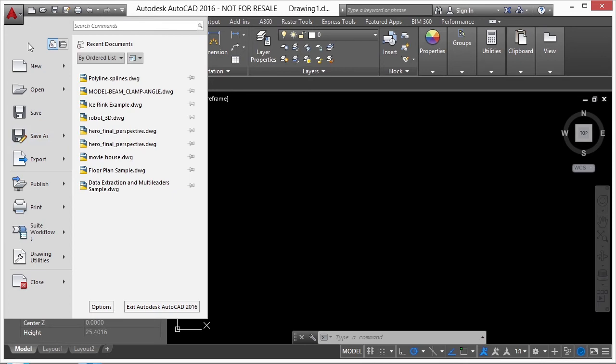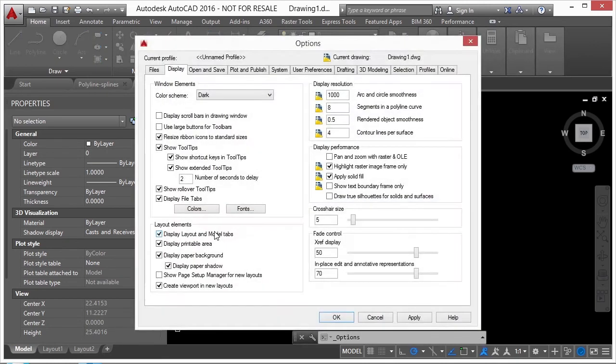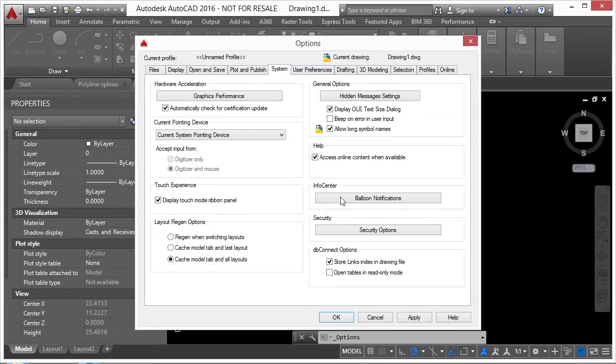But there are a couple of things on here that you might not see right away. Right down here is the Exit AutoCAD button. I click this and it closes out all my files and I'm done. If I click on this Options button, that brings up my AutoCAD options. These options have a lot of different customizable settings that I can use to make sure AutoCAD's running the way